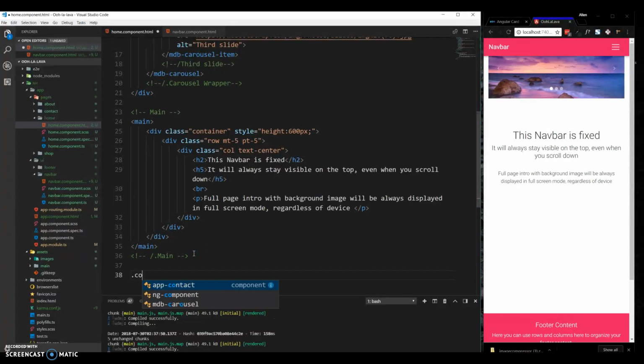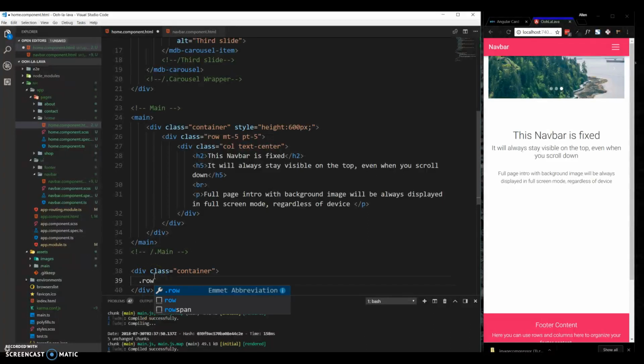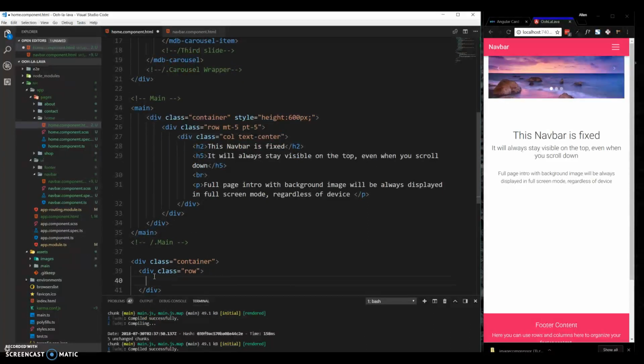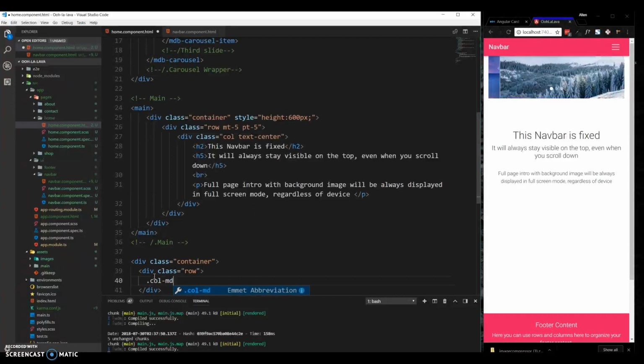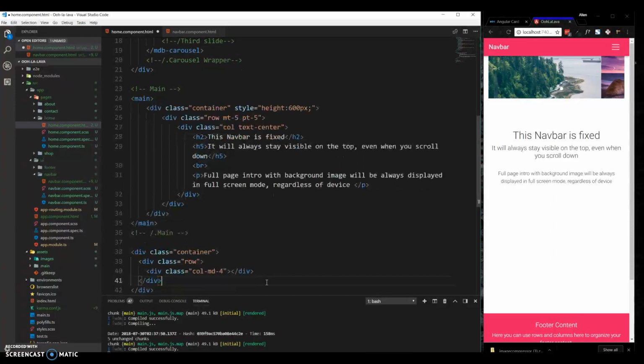So we'll put in a container, and we'll do a row. And in the row we'll have some columns, a 3 column row. So control that, we can just